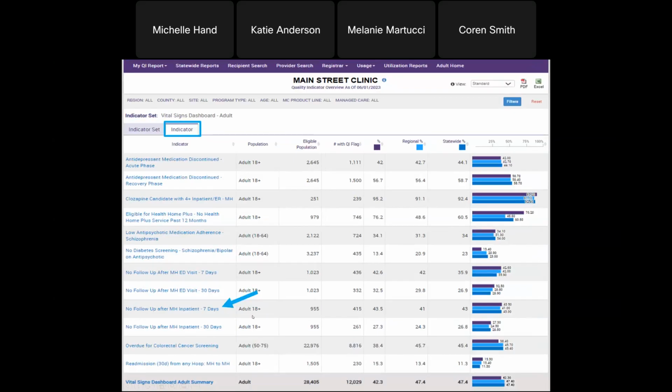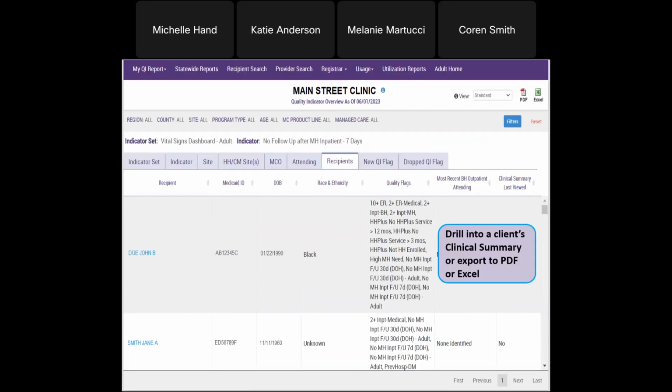So again, since I'm logged in as Main Street Clinic, I can see what population's included in this indicator set. What's the eligible population? How many people I'm serving that are flagged for this indicator? And then I can see my agency's prevalence rate. So if you drill into that specific quality indicator, you'll be brought to the Recipients tab here, which shows all